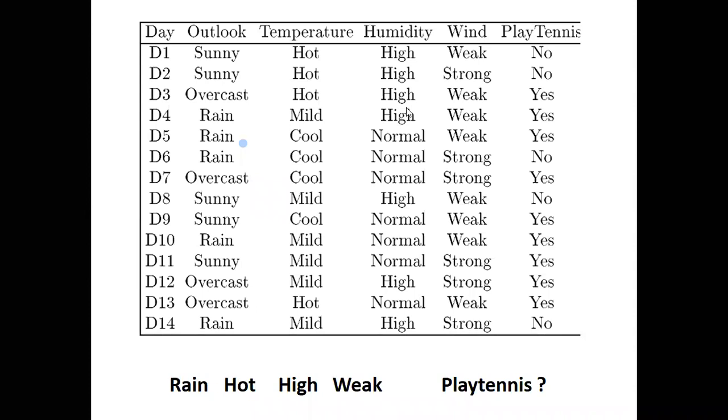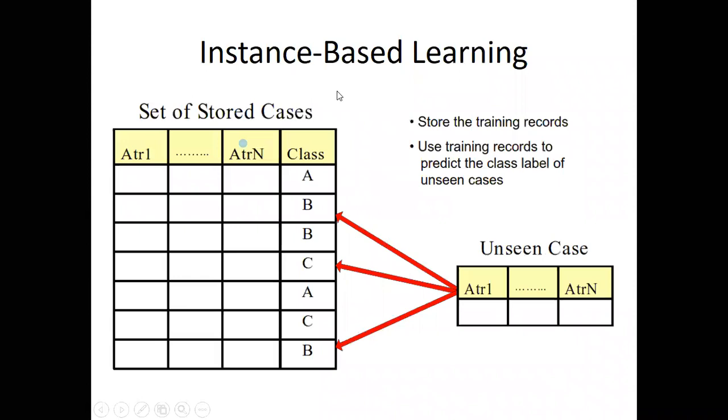Okay, this is also one of the examples. 14 examples are there, 4 attributes, and each has its own values. Classes, 2 classes, yes or no. So, instance-based learning. What do you understand by this? Instance is nothing but each of the examples; we call them instances. One instance consists of attributes and its particular class. That is an instance. So, instance-based learning means what do you understand by this?